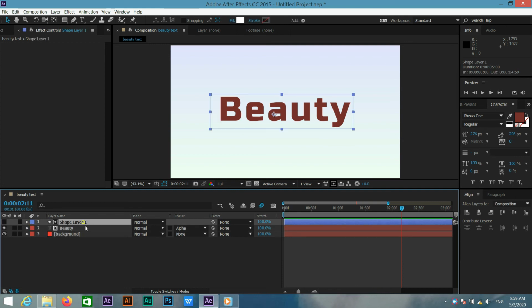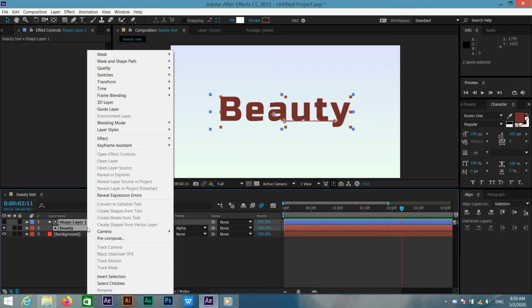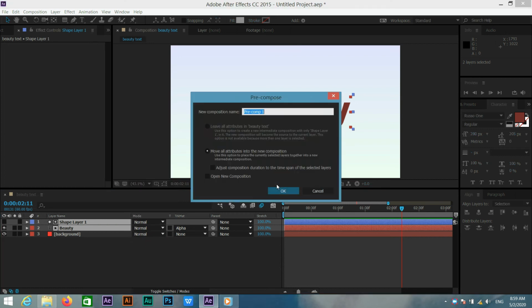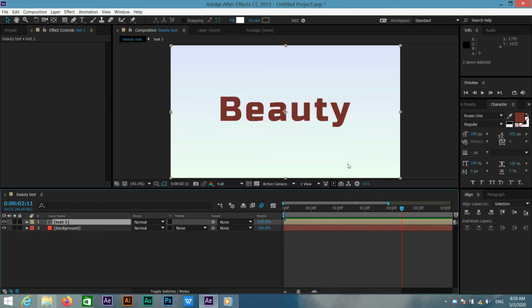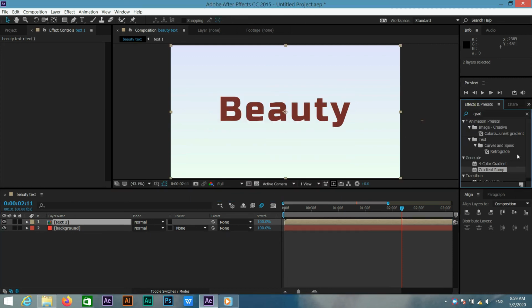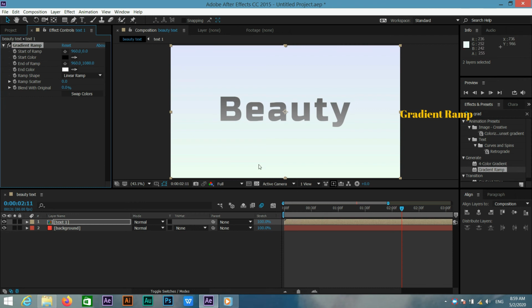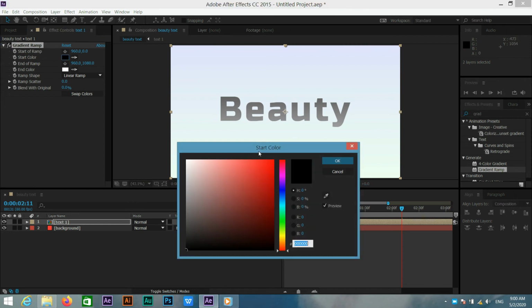Now close it, select these two layers and pre-compose. Rename text1, move all attributes and then OK. Now go to the effects and preset window and select gradient ramp and apply on text1 layer and then change the color which you want. I am going with light blue color